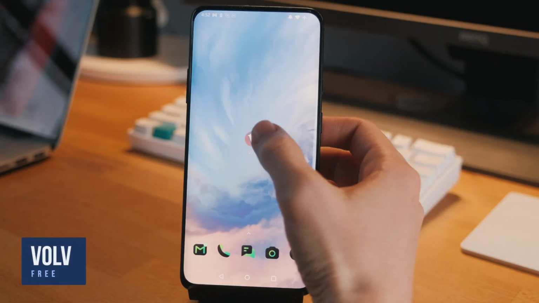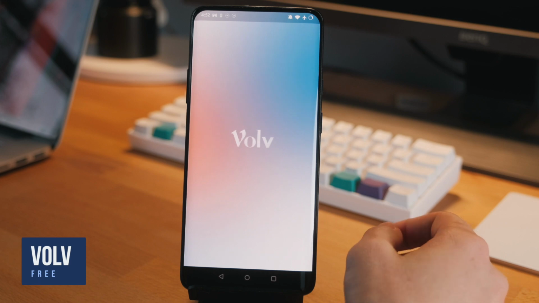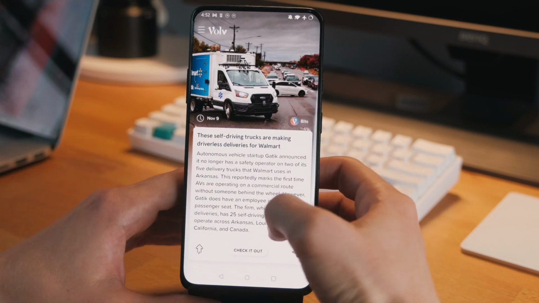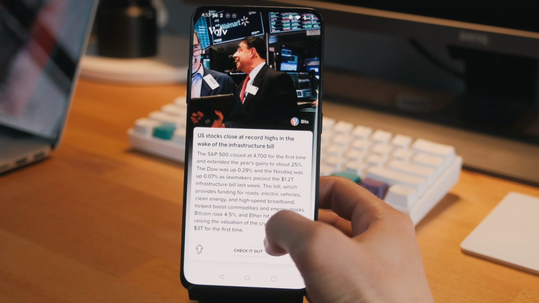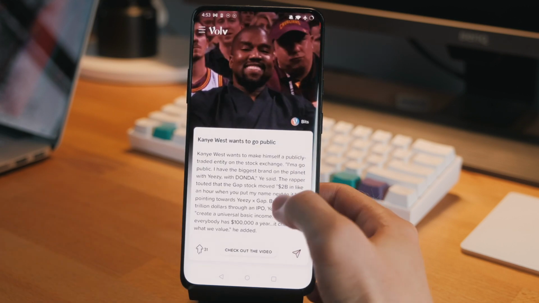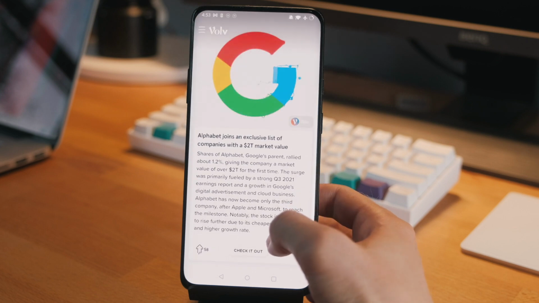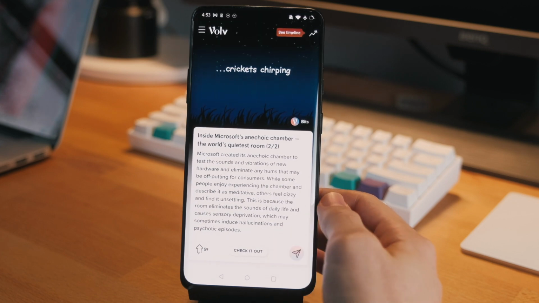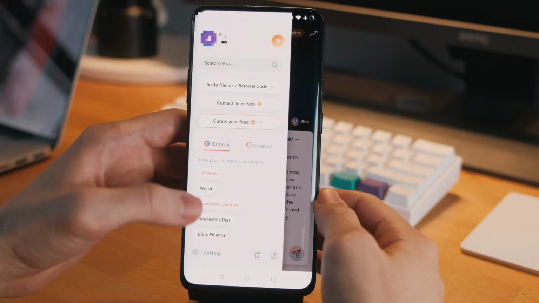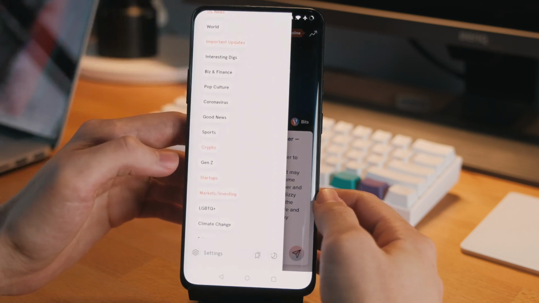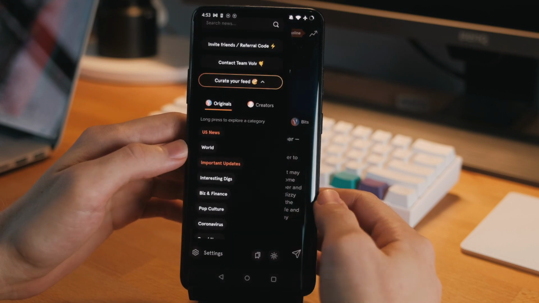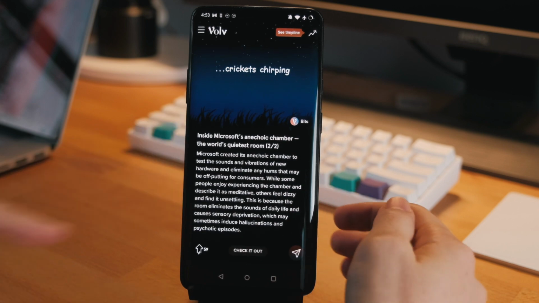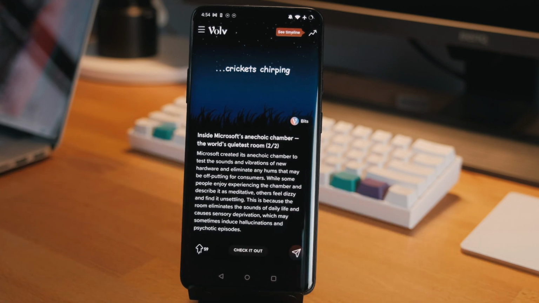VOLV is an interesting news app that gives you a shortened version of some of the latest news stories. The app actually has a wide range of content though, so it's not just all breaking news. And it shares some similarities with MOONBEAM in that it gives you a feed of short, curated content to scroll through. And if you're interested in a story, you can tap here at the bottom to read the full original content. You can choose to view specific categories in the app as well if you sign in, and it's just a really well-designed app with a dark mode, which is always nice to have. This is definitely an app to check out if you don't like spending time reading through long articles.